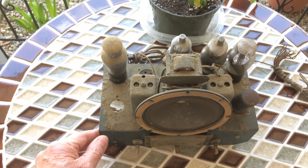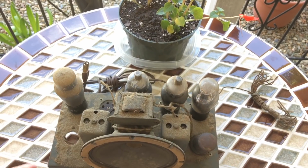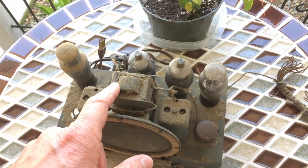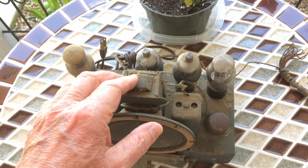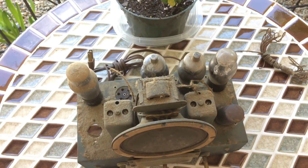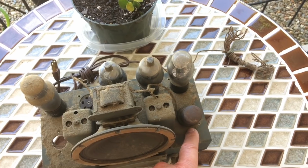I hope to get started within the next week or so on that cabinet, and maybe do a few preliminary checks here as well of the speaker, the output transformer, and a few of the other coils. And even maybe look at the DC resistance here on that